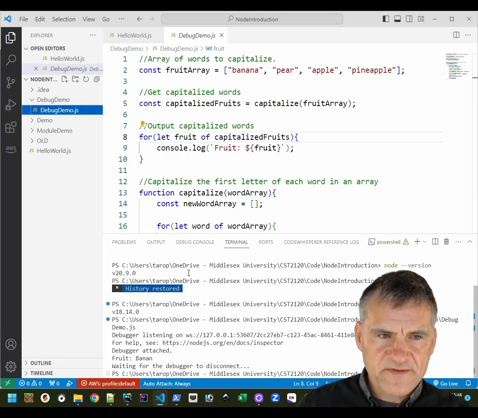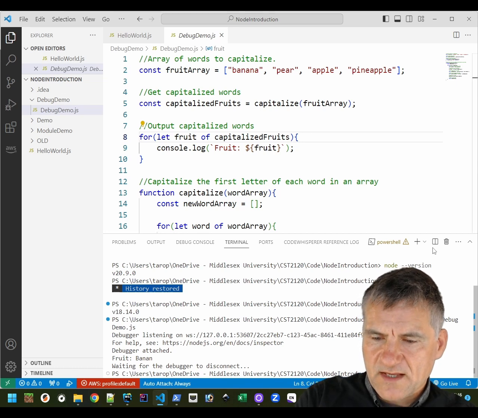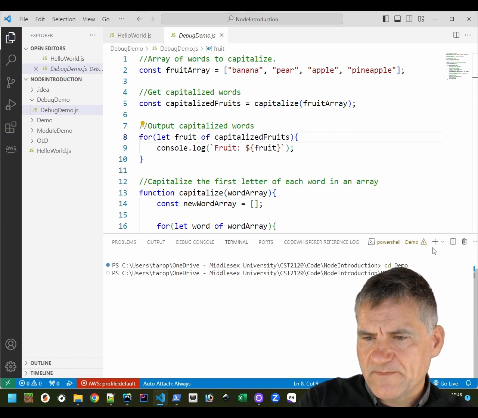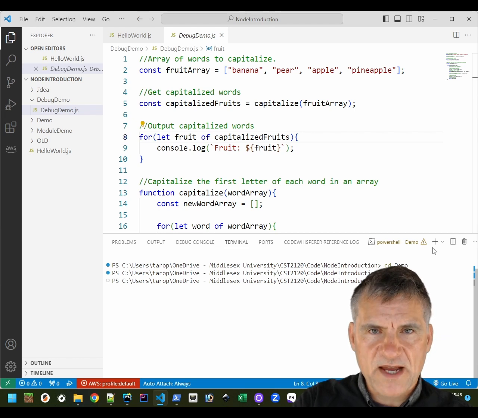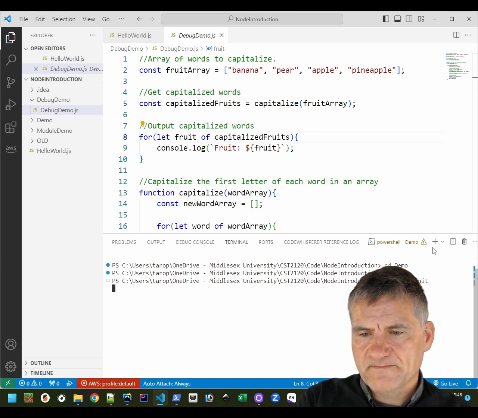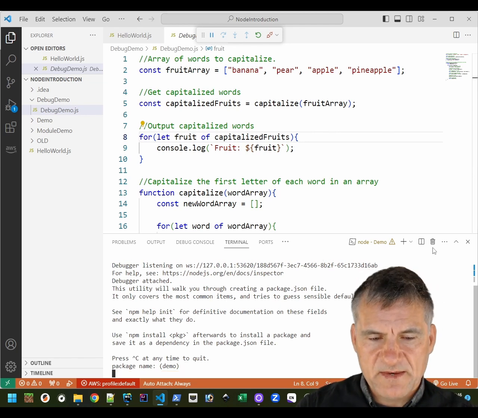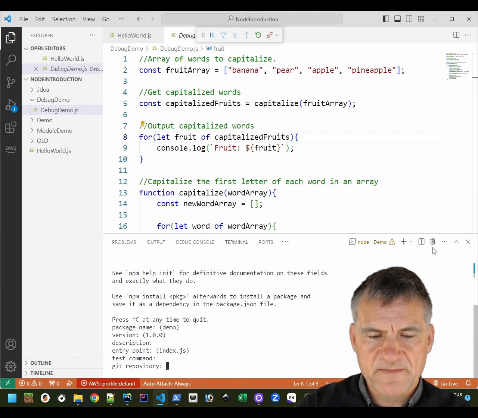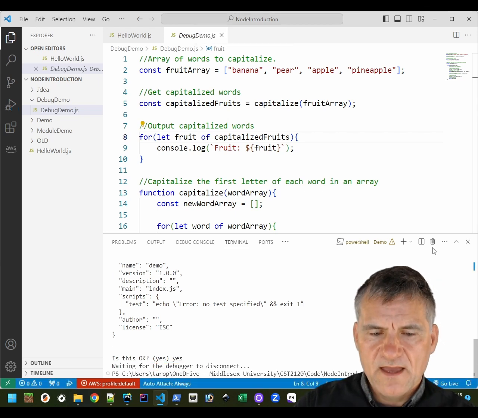I'm going to stick to VS Code for the moment. I'm not going to bother reinstalling Node 20 because I've got Node on the path anyway. Let's just clear that. Okay, so where are we at? I'm going to go to demo here. If you look in demo, there's nothing inside that folder at the moment, so Node package manager is not going to work yet. What I need to do is type npm init, and we just press return and work through all this stuff. I could answer all these questions, but I'm not going to bother. Then I type yes if I really want to, and then it's